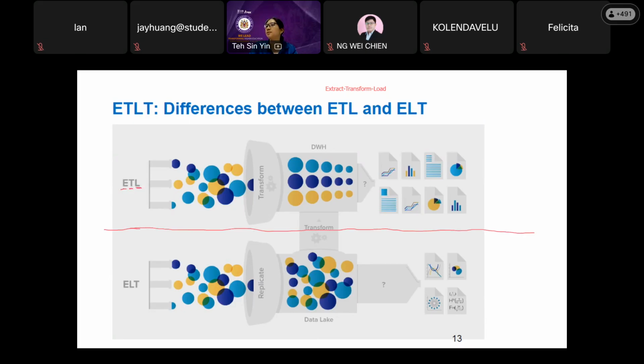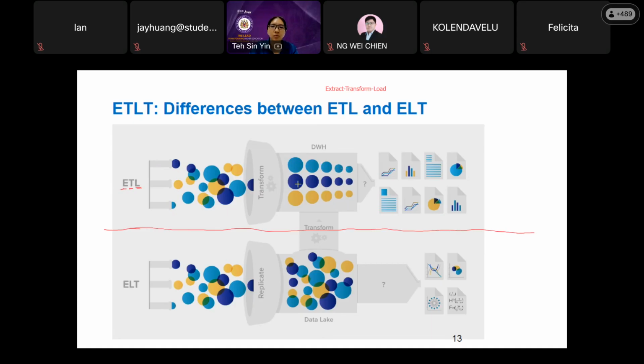If you look at this diagram, each circle represents a different type of data. When you extract first, then transform them, they are arranged into a structured form. Your data becomes structured data.